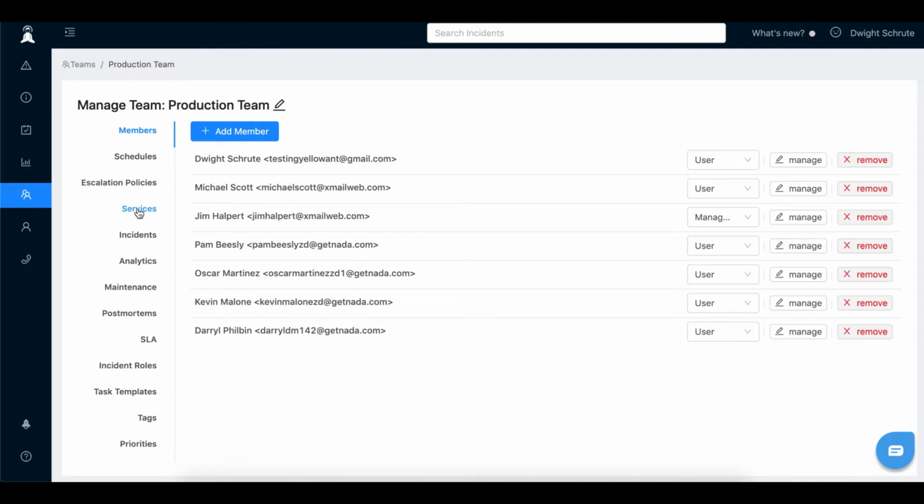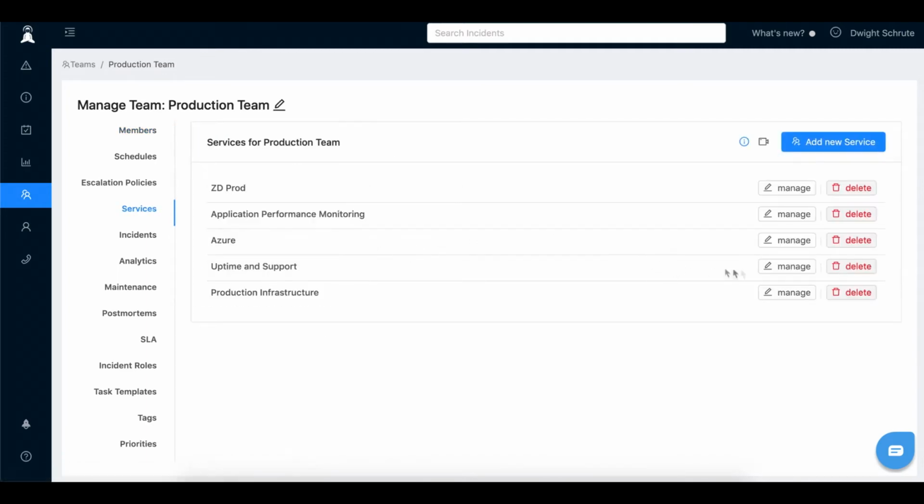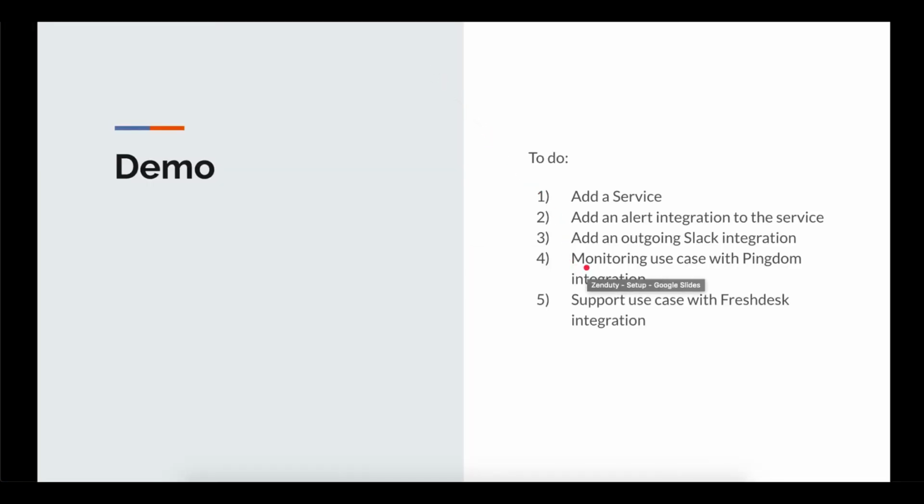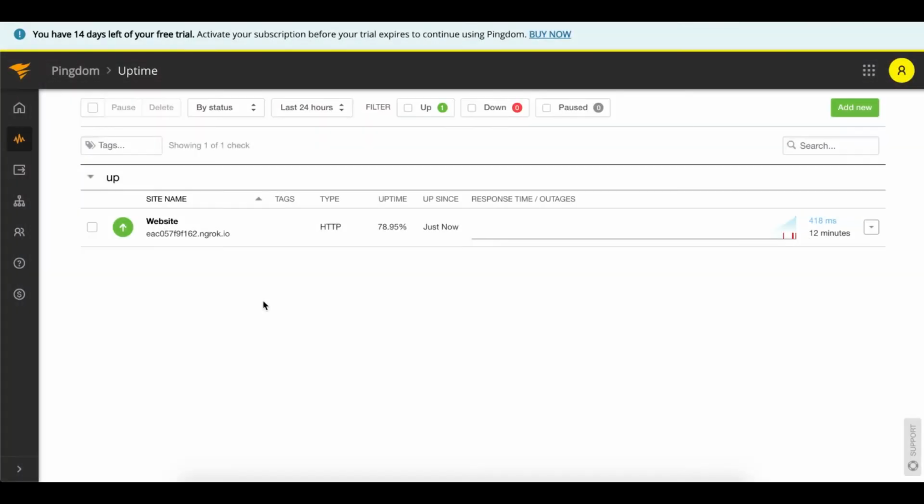We have already created a service for the purposes of this demo, the uptime and support service, and let's go ahead and see how this works. In our first use case, we would be monitoring a URL with Pingdom. Pingdom is a monitoring service that lets you monitor your URL for any downtime and uptime.